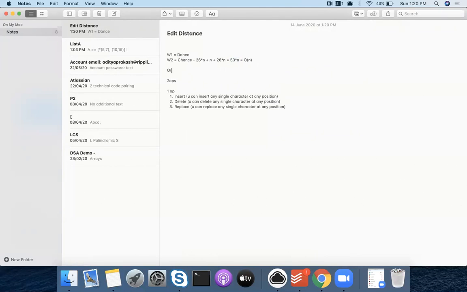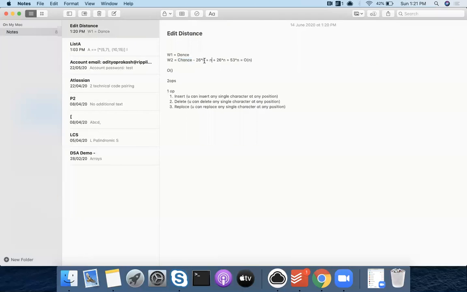But what is the time complexity? Aditya, I didn't get that. 26 into n is we can insert 26 characters at n places. You have to insert at only one place and only one character, but you have n choices where you can insert and 26 choices of what you can insert. So in delete also it should be 26, right? Because we can delete one element. You can only delete one of these n elements, right? There is no other thing that you can delete.